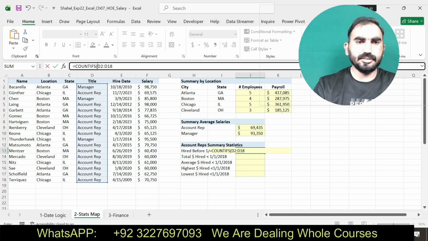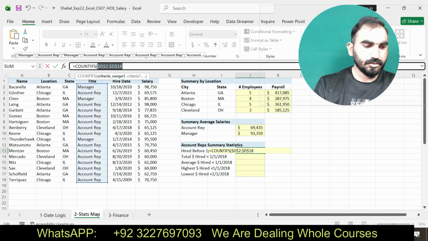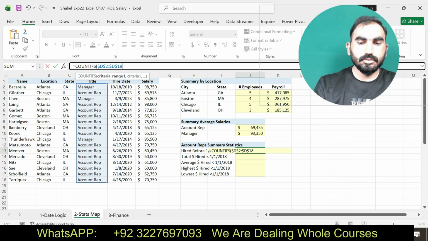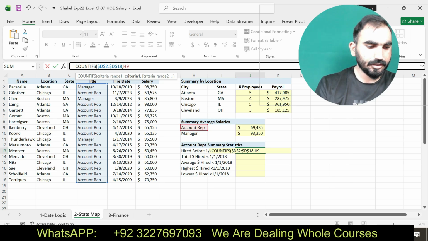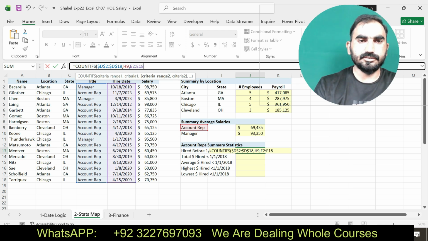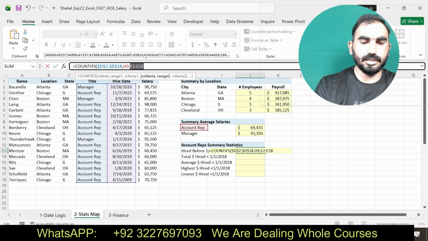Apply absolute salaries by using the fill handle. D18, comma H9, okay, comma E2 to E18. Here you can see I am going to complete this one. Apply absolute salaries by using the fill handle. E18,